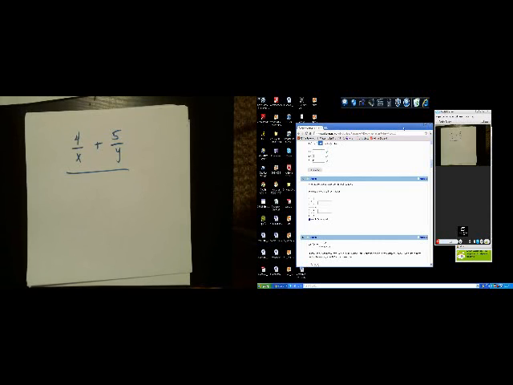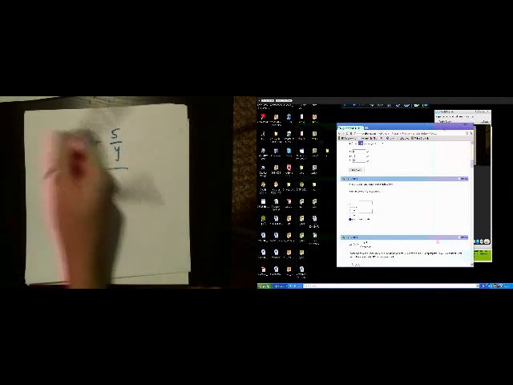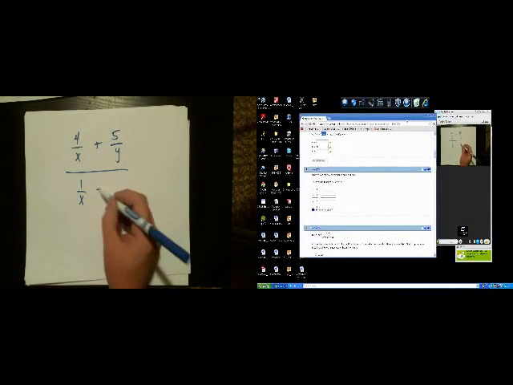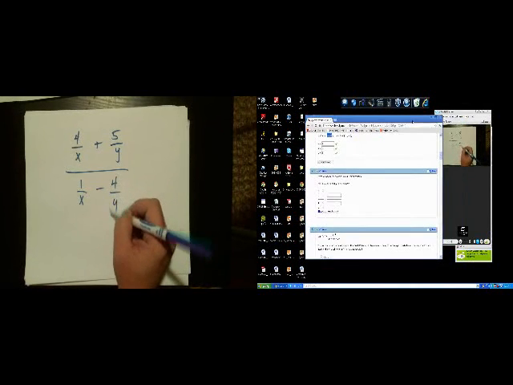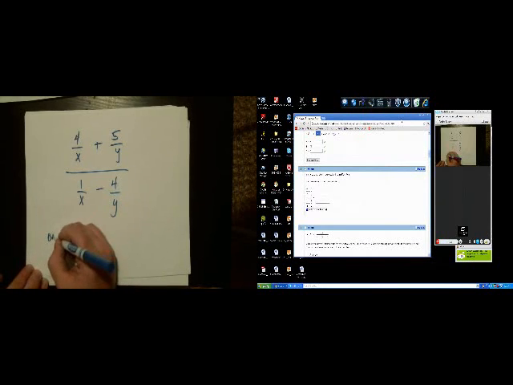So, is this 4 over x plus 5 over y, over 1 over x minus 4 over y? As a matter of vocabulary, this is a rational expression,